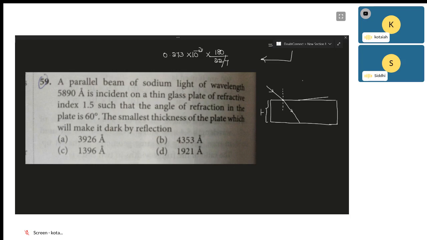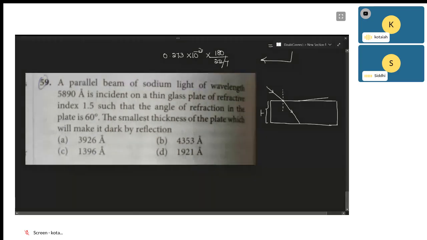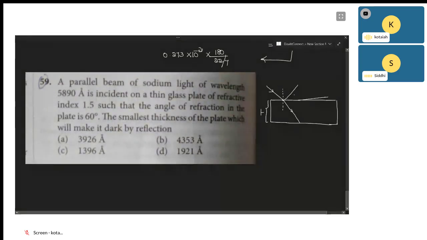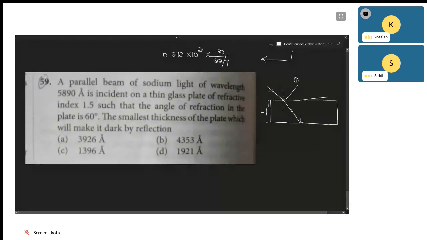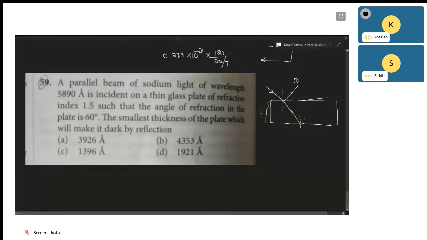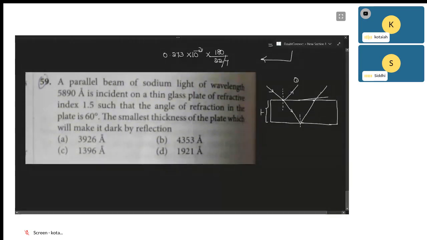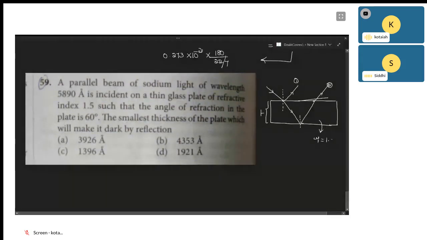Here, the same thing will happen. Some amount of light ray will be reflected. Let's take this as wave one. Once it hits the surface, it will be reflected here, and again it will go something like this. Let's take this as two. Now they have mentioned very clearly the refractive index of the glass slab is equal to 1.5